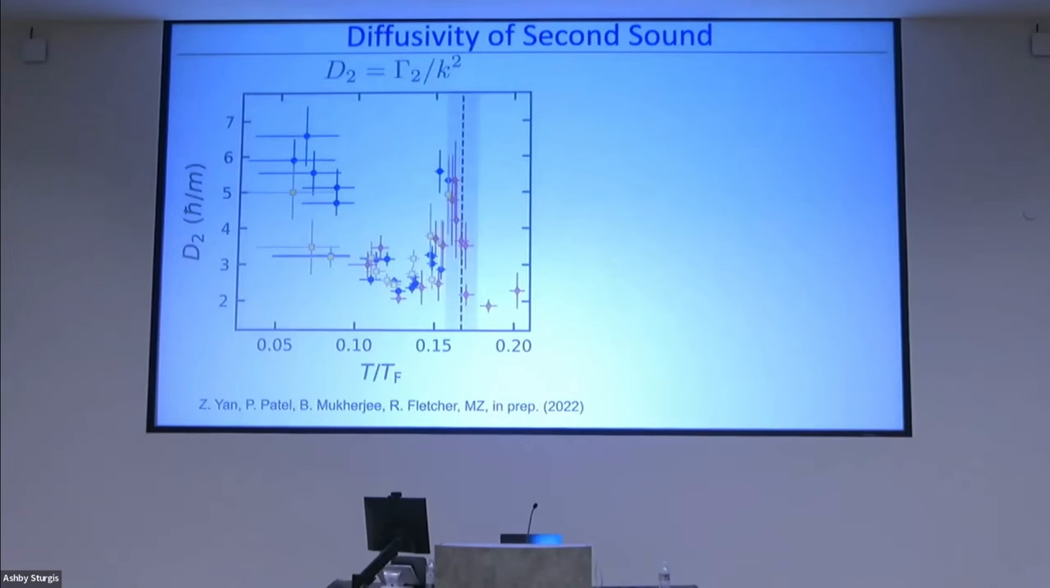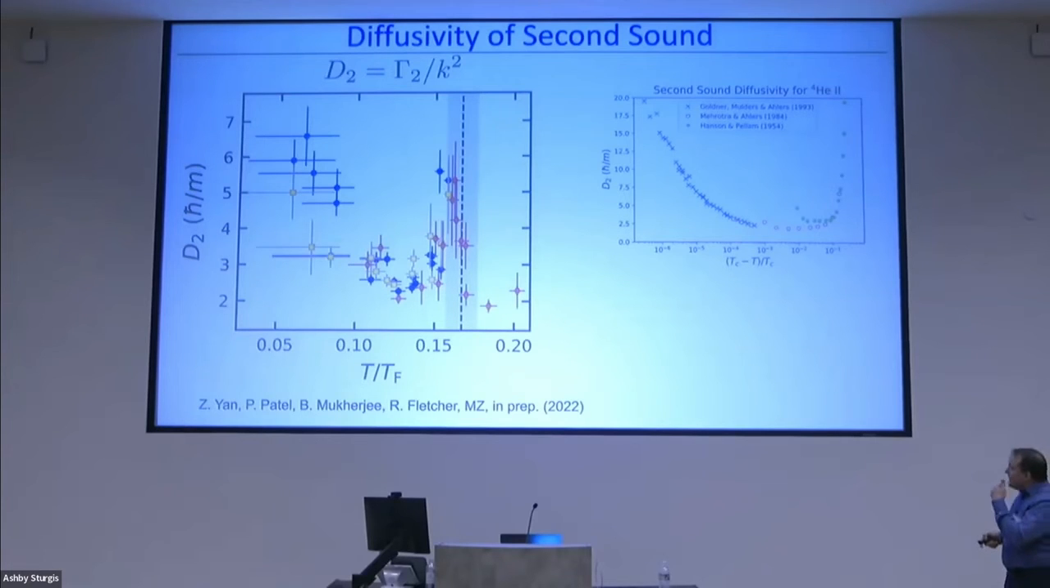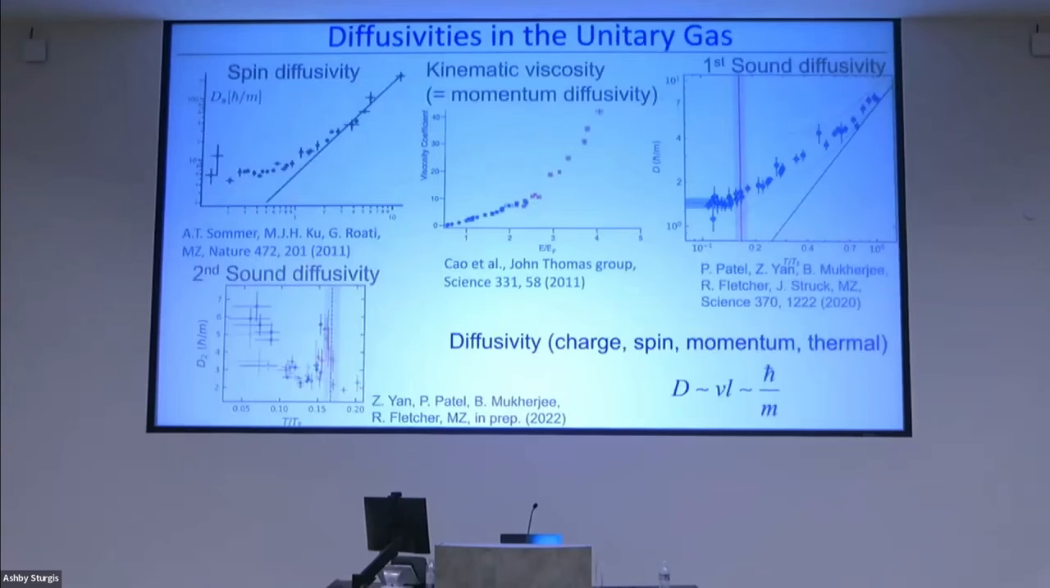Damping of second sound does show something interesting here, the critical temperature of superfluidity, and that is actually known from helium-4 as well. At the critical temperature of superfluidity, the second sound diffusivity of helium-4 also goes through the roof and nearly diverges. Just to summarize that part,